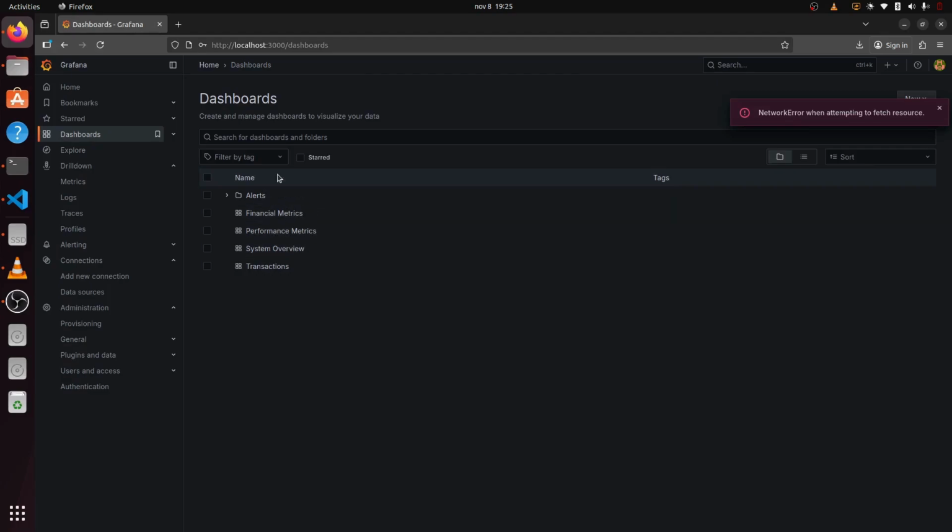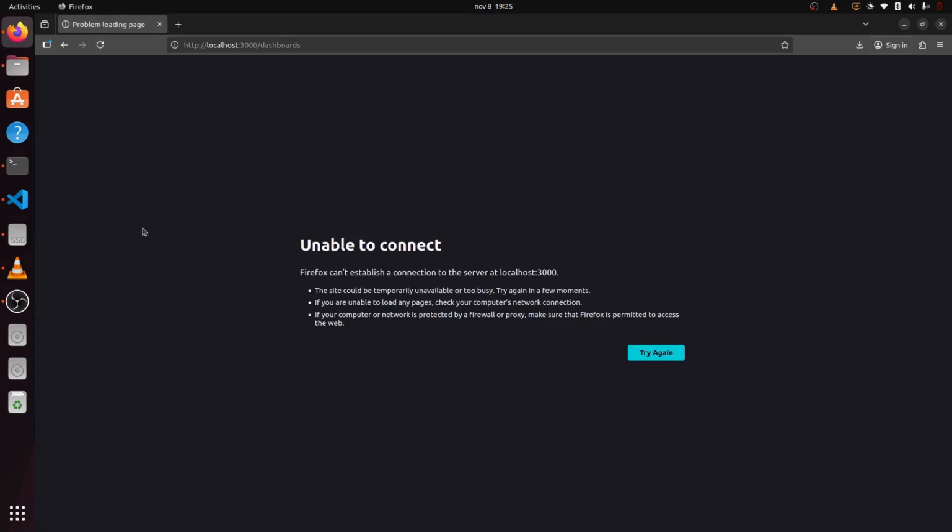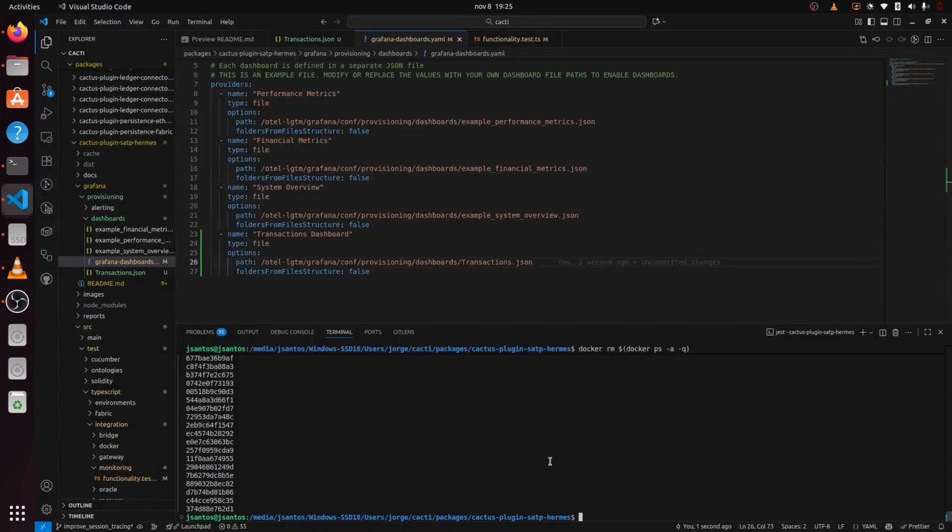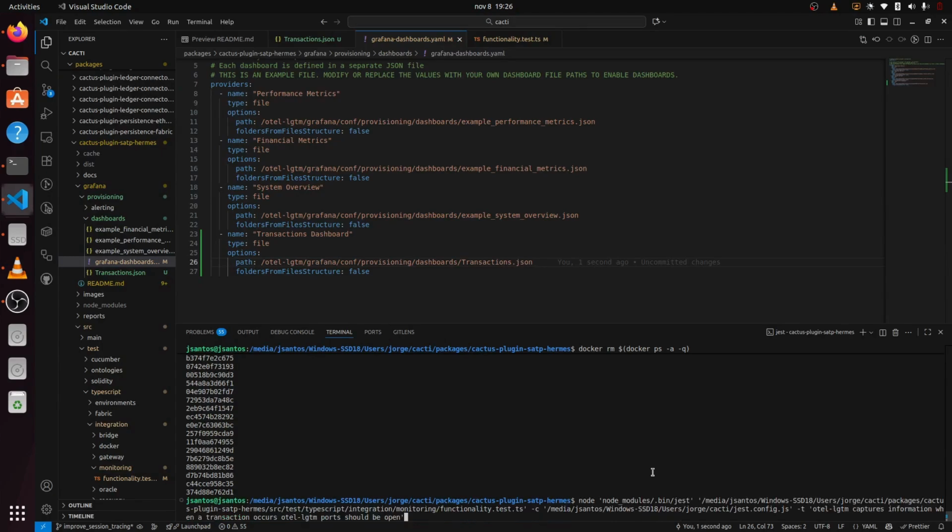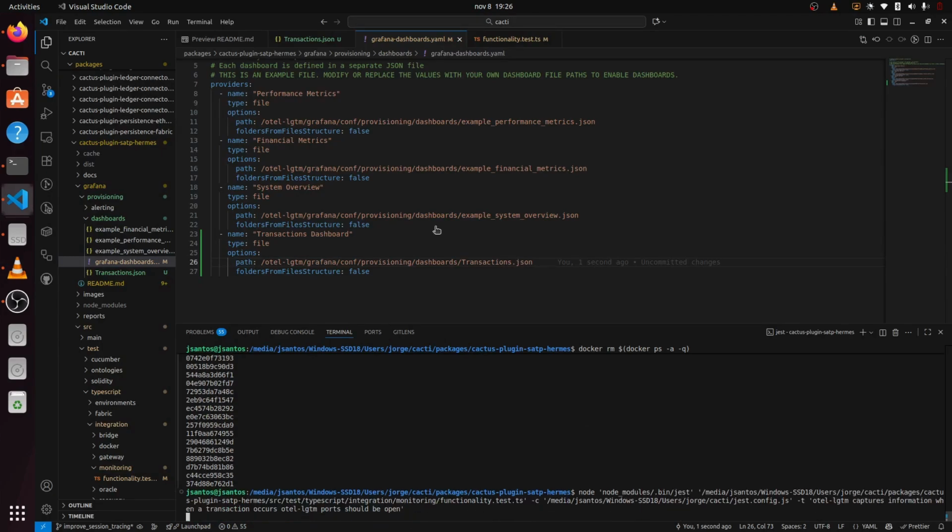As you can see, the system is already not working. If we reload, there's nothing. Now, if we restart the test for the functionality,